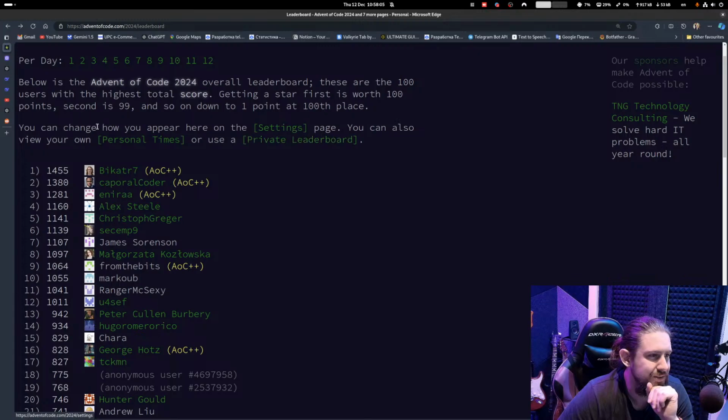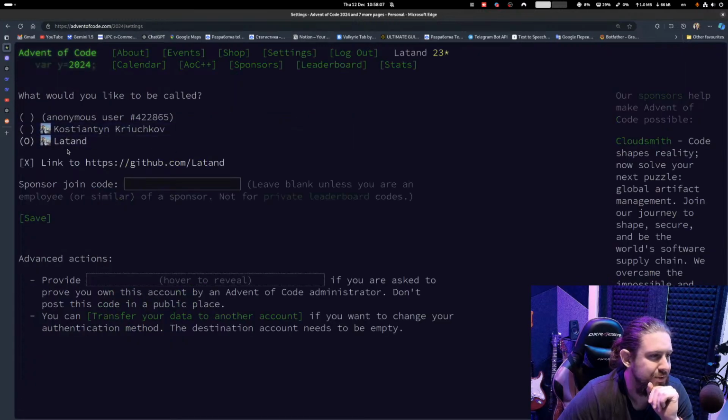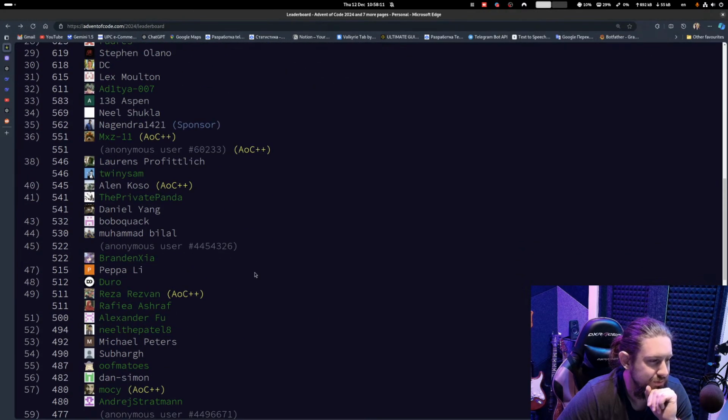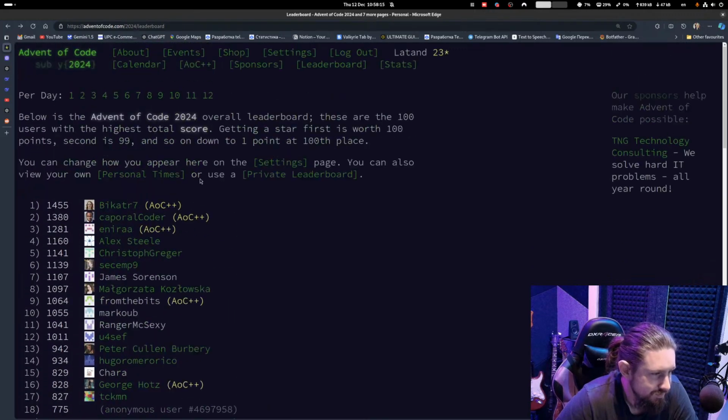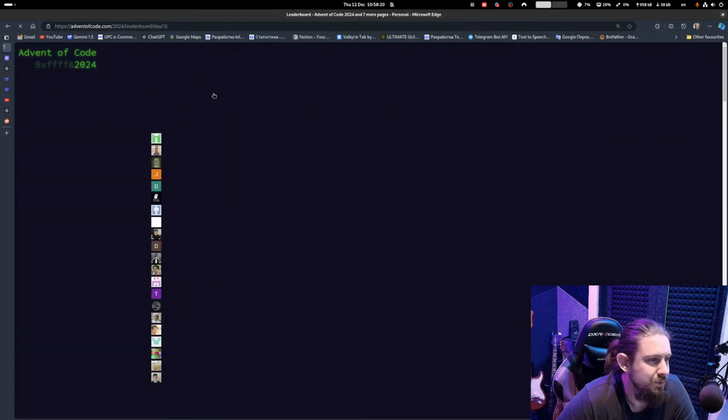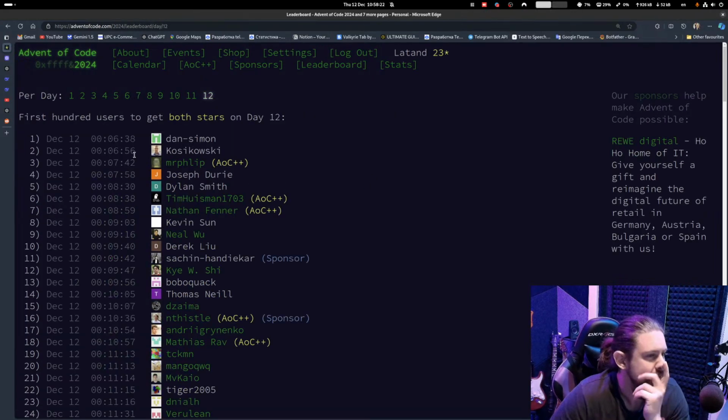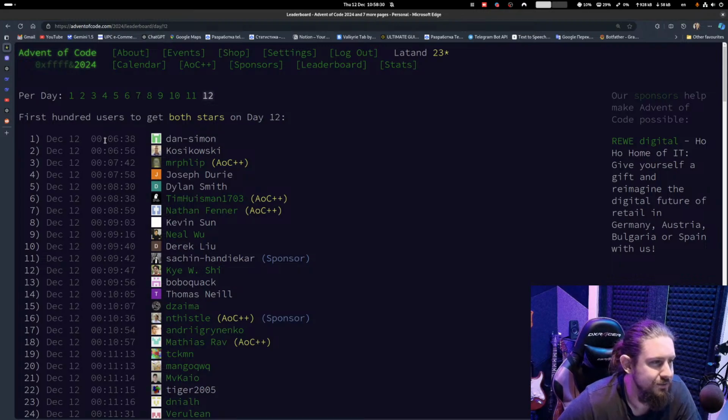Where is the timing? Okay, per day. So we got first 100 users to get both stars on day 12, and we have the smallest time is 6 minutes,